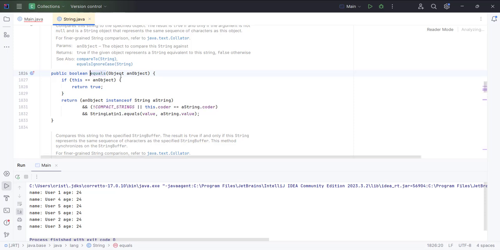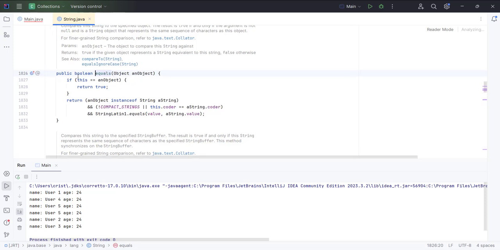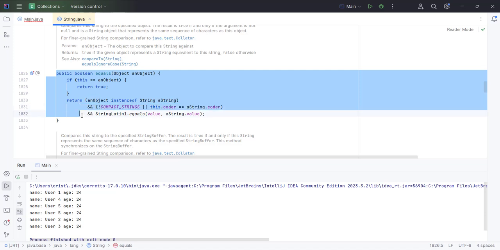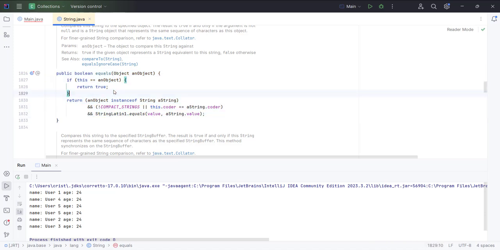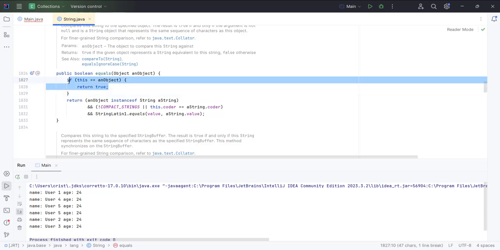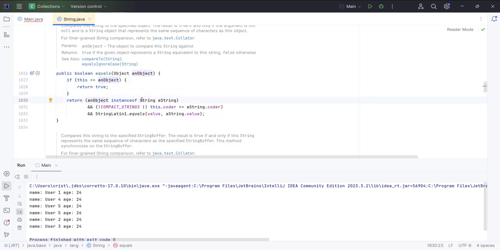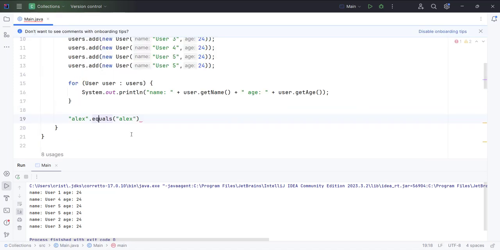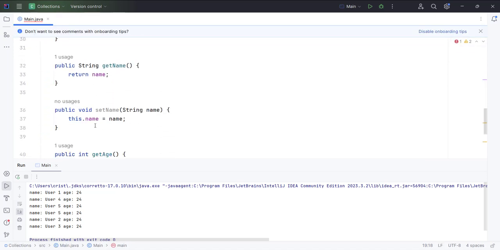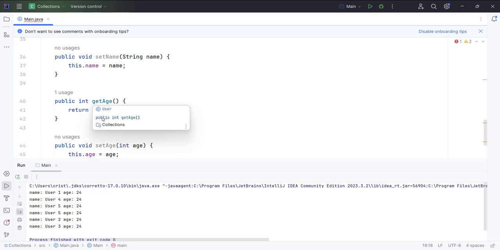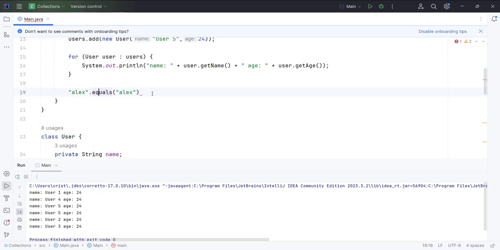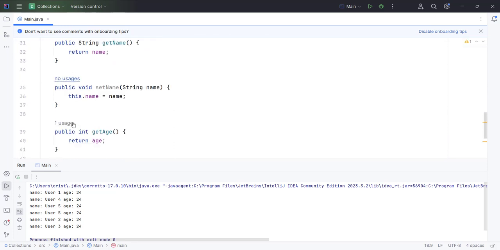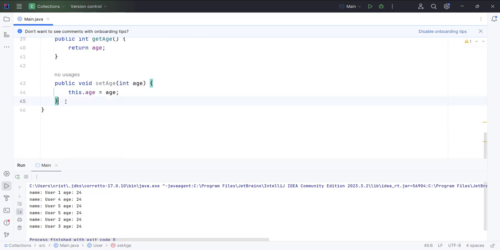And previously we didn't have duplicates because the string class has overridden the equals method from the object, and it provided its own implementation to check to see if two strings are the same. But in our class that we have here, we don't have an equals overridden, so it does not perform equals. So what we need to do is to go inside our user class, and I'm